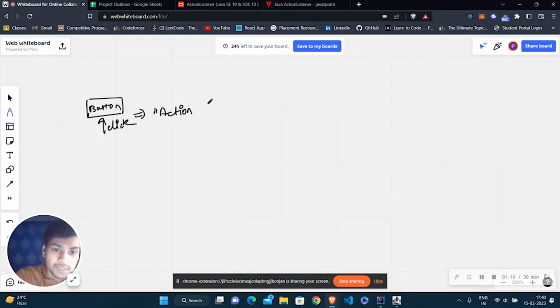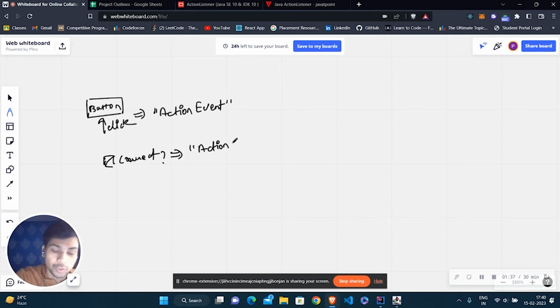Or suppose we have a checkbox, which is either checked or not. If we click on it, it will be checked. If we uncheck it, then both checking and unchecking will be marked as an action event.